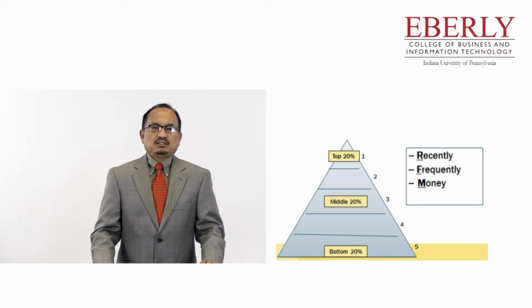Finally, the tool sorts the customers again according to the amount spent on their orders. The first 20% who have ordered the most expensive items are given an M score of 1, the next 20% are given an M score of 2, and so forth, down to the 20% who spend the least, who are given an M score of 5.